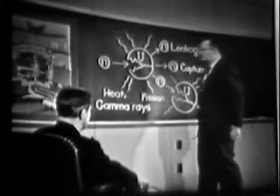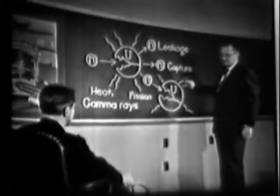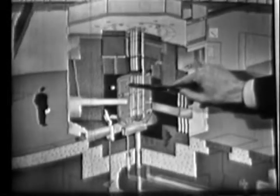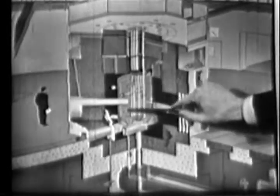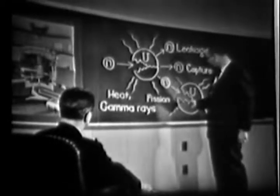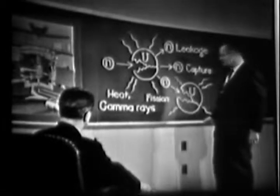Can you tell me how you start the reaction? We find it most convenient to vary the capture rate in order to control a nuclear reactor. A strong absorber of neutrons, cadmium, in the form of blades, passes in between the rows of fuel elements in the water in the core. To start the reactor up, these elements are pulled out of the reactor. Simultaneously, a weak neutron source causes the initial fissions. Because we've reduced capture, there are more neutrons available for subsequent fissions, and quickly the neutron density builds up to